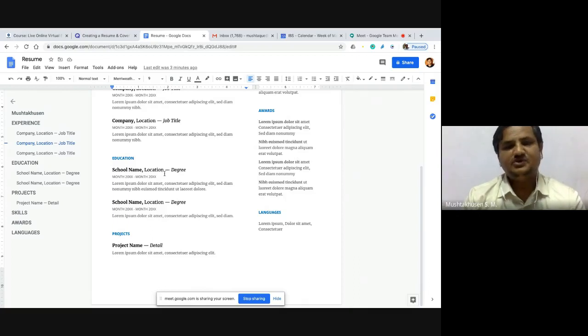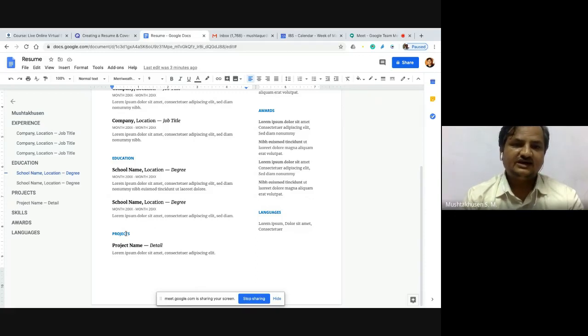For example, if you do not have any degree, either undergraduate or graduate, then shall we leave it blank? No. If you have high school, then you can write high school. Even if you write high school education, that is absolutely fine. When you write education, you can write your school name or your university name. Then location and name of the degree, for example MA, MBA, PhD, whatever. Then your start date and end date. After that you can write your specialization of your graduation or undergraduation. This is how we can follow reverse chronological order. That was our fourth step.